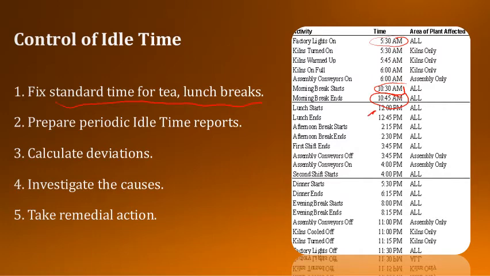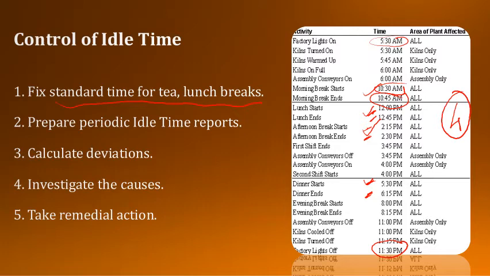Again lunch break is 12 p.m. and lunch ends at 12:45 p.m. Again afternoon break is 2:15. Break ends at 2:30. Then further dinner break. Dinner break is 5:30 p.m. and 6:15 p.m. the break ends. Right? So factory lights will be off at 11:30. So since morning 5:30 to 11:30 this factory works, and during this there will be, this is first morning break, then lunch break second break, afternoon break this is third break, and dinner break fourth break. Total 4 breaks are given. So these breaks are fixed, right?